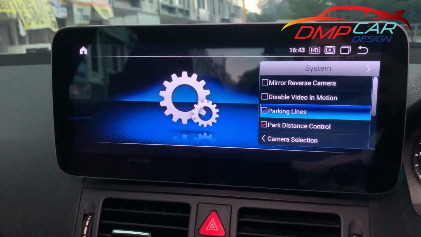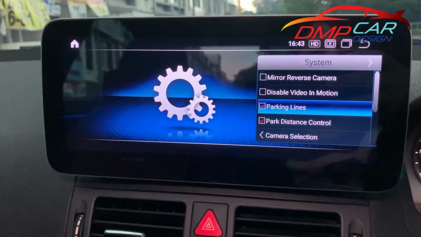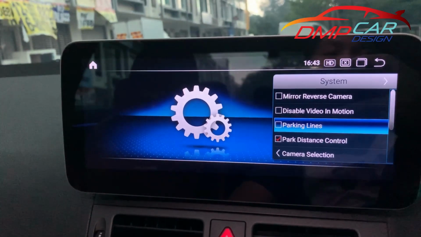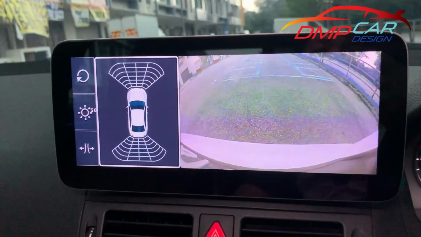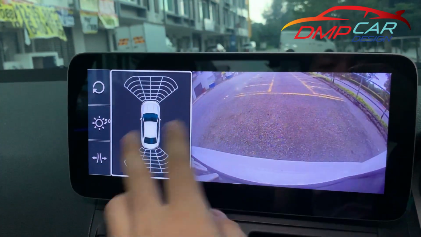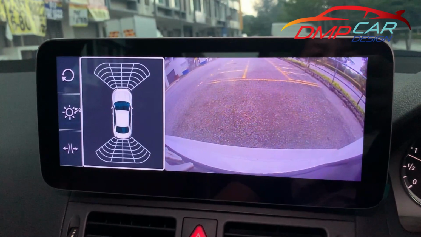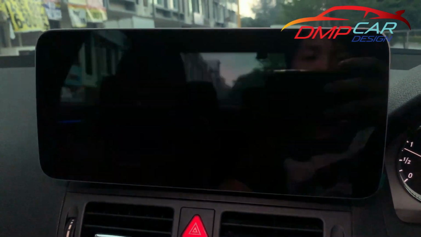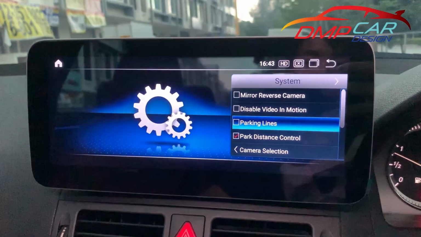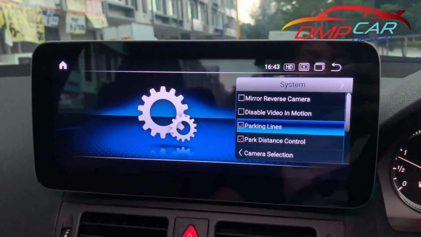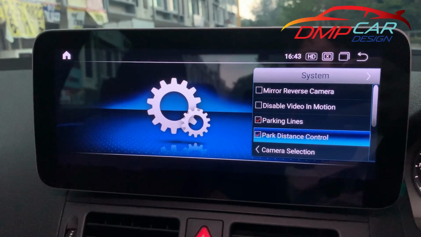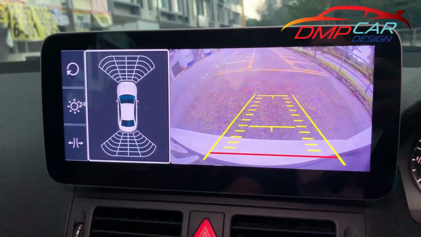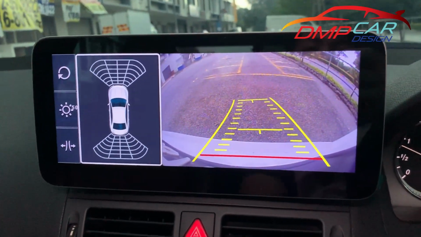Okay, parking lines, this is for the camera. If you uncheck it, when you put in reverse, you will not get the dynamic parking line. So normally we will check it, and check the parking distance control. So when you reverse, you will get both. You will get the dynamic parking line,